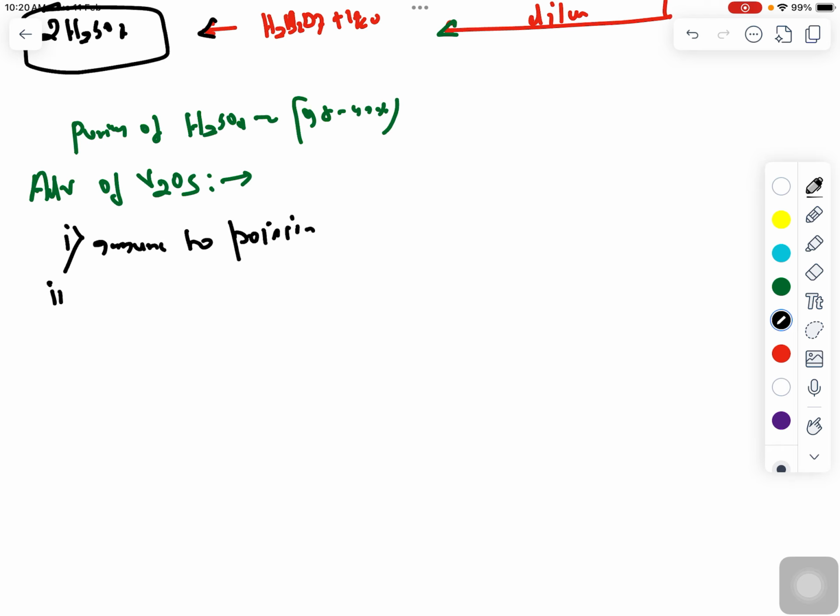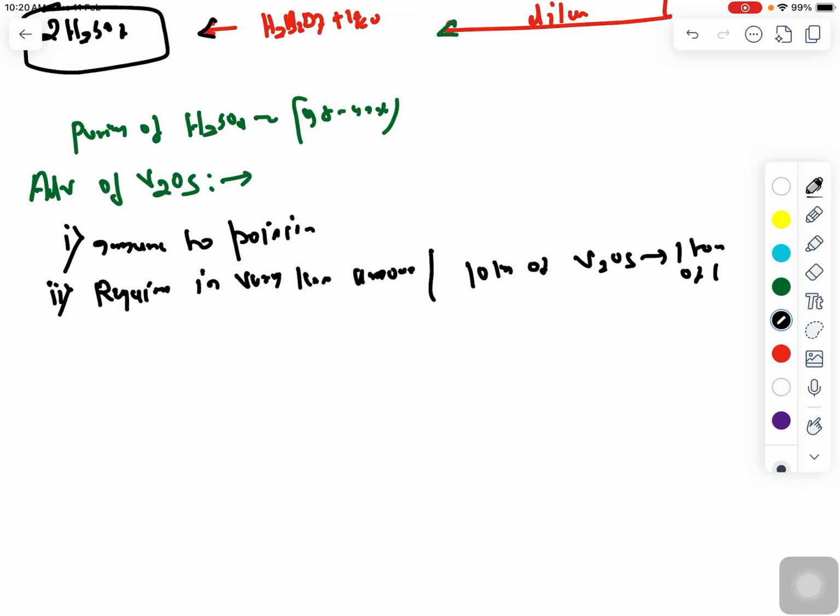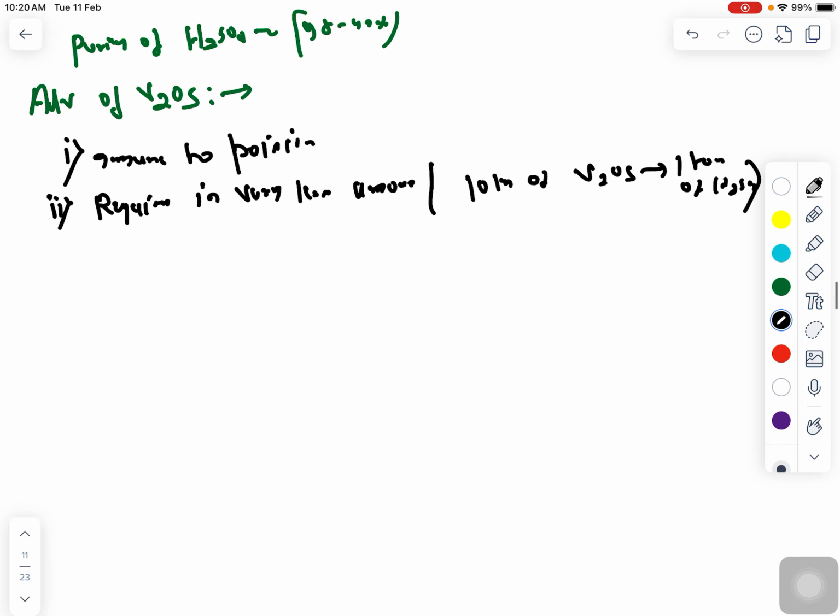So the catalyst should not get poisoned, otherwise the efficiency of the catalyst will be reduced, and this is required in very less amount. So 10 kg of this V2O5 is required to produce 1 ton of sulfuric acid. So you can see the quantity of vanadium pentoxide required is very less, and due to this you can see a low capital cost. And the fourth one is that it can be